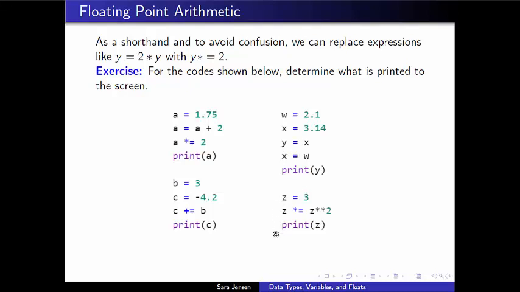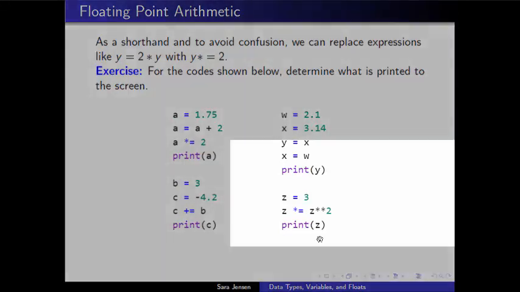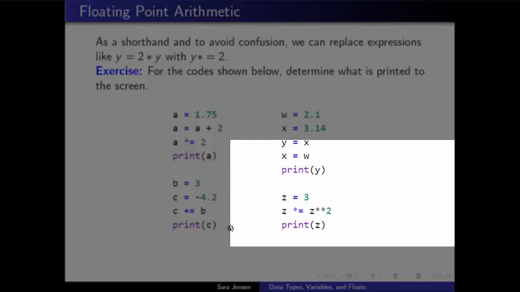The last example, we have a couple of things going on here. Z is our variable, and it's assigned a value of 3. At the next stage, Z is going to be assigned a new value, which is equal to whatever the current value of Z is multiplied by Z squared. Recall that it's going to look up the previous value of Z when it does this square computation. So this Z squared should evaluate to a 9. And then what will happen is that Z, its current value, which is 3, will be multiplied by 9 to give us 27, and then Z will be assigned the value of 27. So just to summarize, the values we would expect to see if we ran this code in Python would be 7.5, negative 1.2,